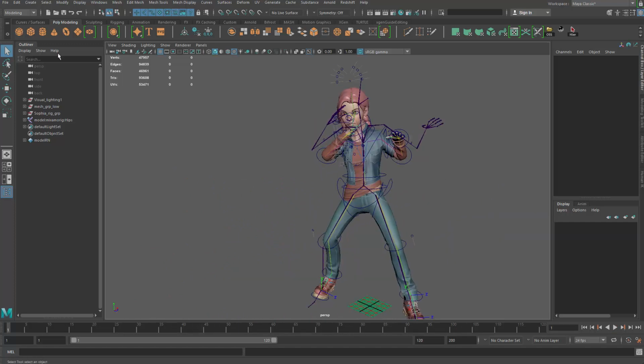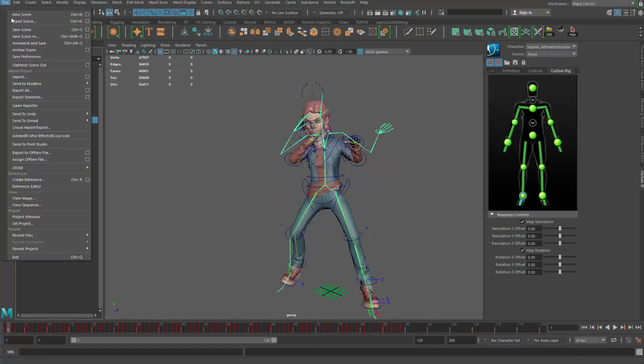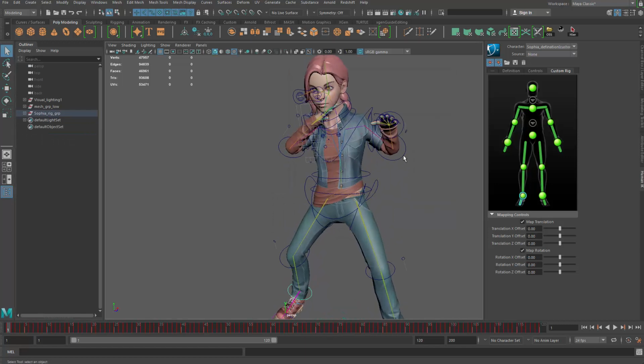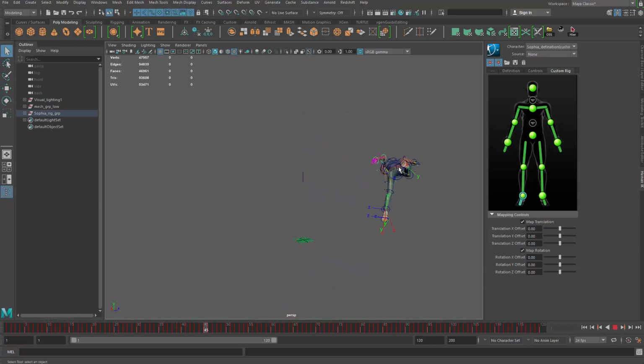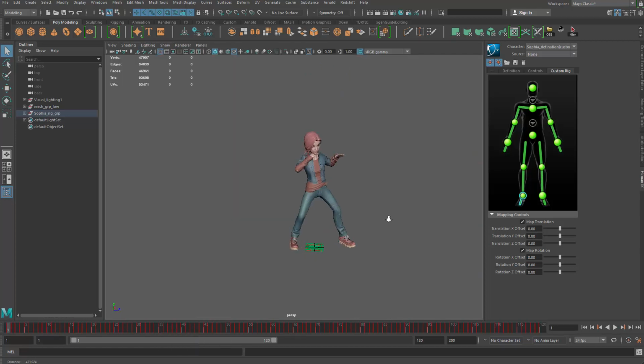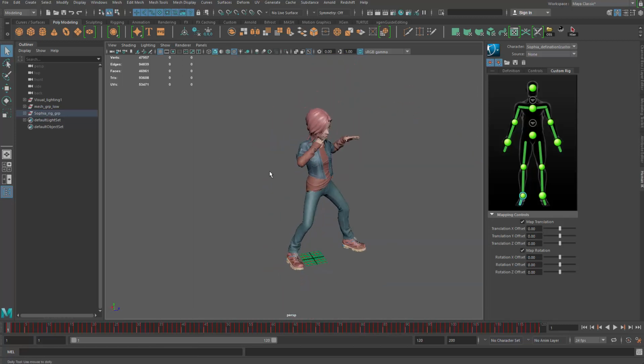Let me go ahead and bake the animation to our custom rig. Then I can go to the reference editor and kick that out. So now I have my animation baked on my rig. Now look at this one, you can see we do start to see some imperfections. Like here, you can see the arm is in there. That's the rotation captured. So that's all accurate data, but your character could be different, and that's what's causing the